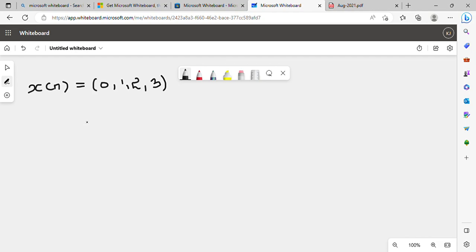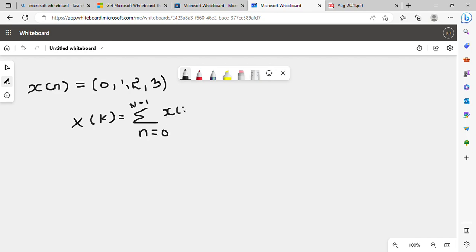the formula method. So what is my formula? I know my X of k formula, which is equal to this. I am going to tell you in a very simple manner, so please understand, see the one step and follow. For all the others you have to follow the same, right? So what I have to do is the sum from n minus 1 to n is equal to 0, that is x of n